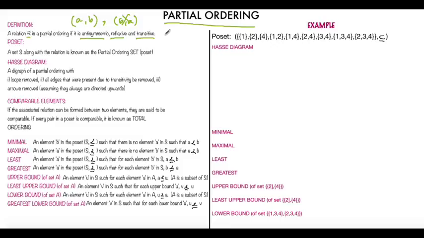In technical terms, we can say that if AB belongs to R and BA belongs to R, then A is equal to B. But this is a better way to remember, for me at least, that if AB is there, then BA cannot be there. Okay, so partial ordering set or poset is actually a set along with the relation